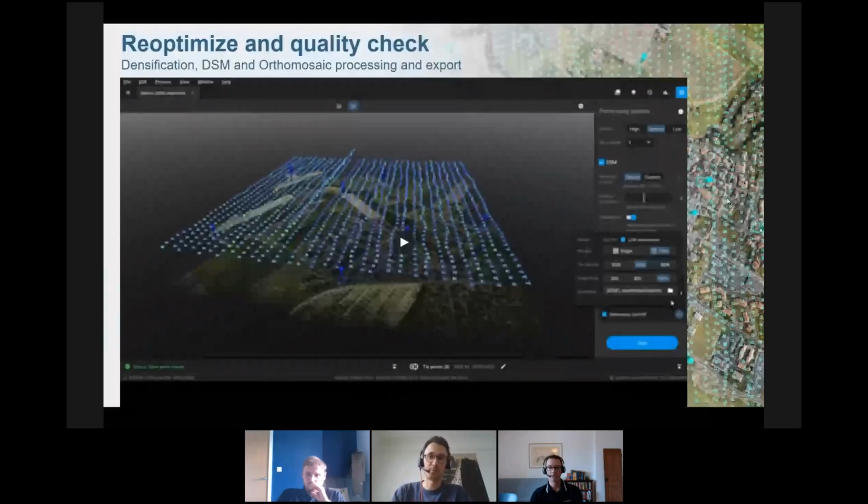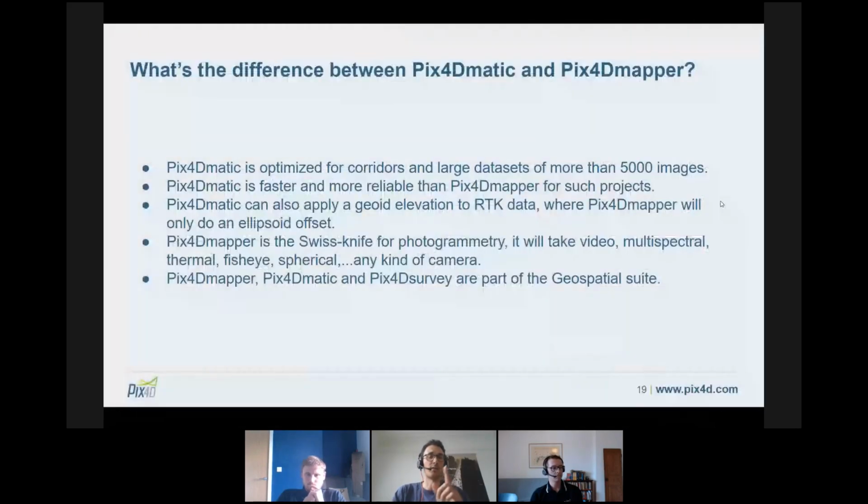So that's really something I would encourage you to have a look at. And on the next slide, yes, that's the famous question: what's the difference between Pix4D Matic and Pix4D Mapper? As we saw during this whole presentation, Pix4D Matic is really built for scalability. It's there for these corridors and large data sets of more than 5,000 images. And in these cases, it's really faster and more reliable than Pix4D Mapper because Pix4D Mapper was just not built